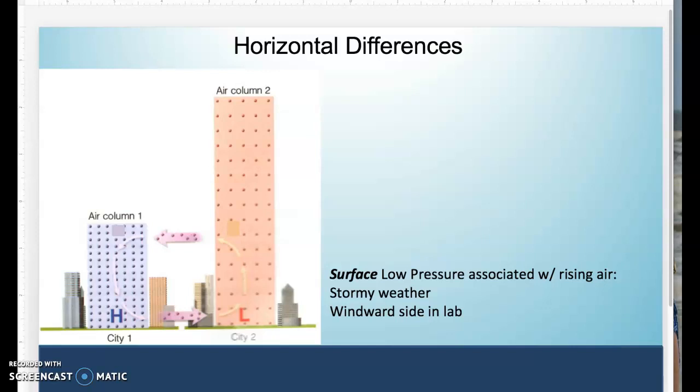Hi, this is chapter 6, and it's a quick hit on the formation of wind, which is a horizontal difference in air pressure, as opposed to convection, which is a vertical difference in air pressure. Remember, this is a review. If you need to go over this again, look at the beginning of chapter 6. But in regard to wind and horizontal differences, we want to talk about the fact that